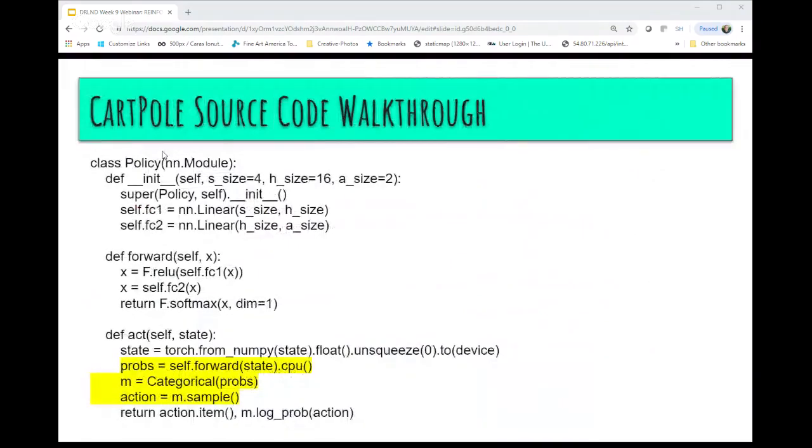So let's just do a quick walkthrough of the algorithm. I've got basically 2 slides here. This first one actually shows the policy class. You've already seen it in probably the first navigation project that you did. Typically, the way these algorithms are implemented, there are 2 classes employed, and then a main program or a main Jupyter notebook that instantiates these 2 classes and actually uses them to implement an